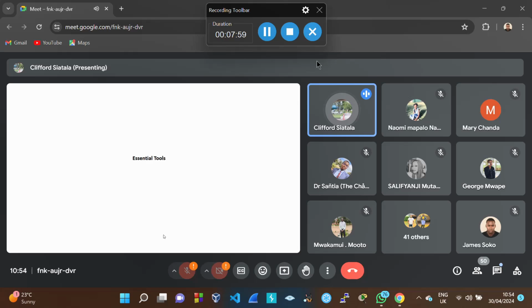Now, after you have got those IP addresses that you have collected from this organization, the next thing to do is to use essential tools to help you move further in your penetration, in your hacking. So those are the essential tools. Essential tools are very important in the sense that